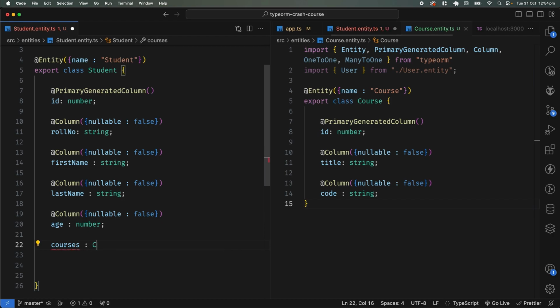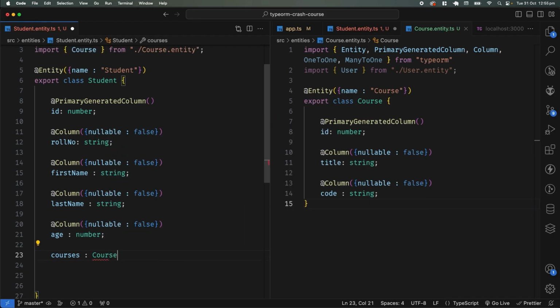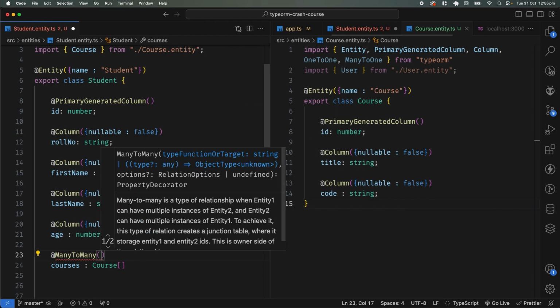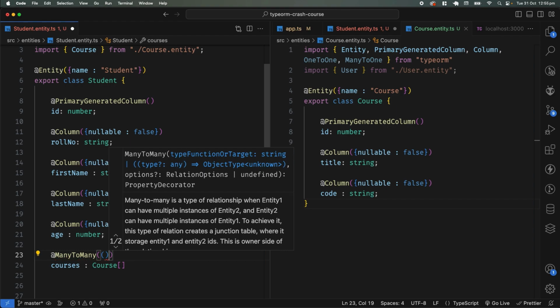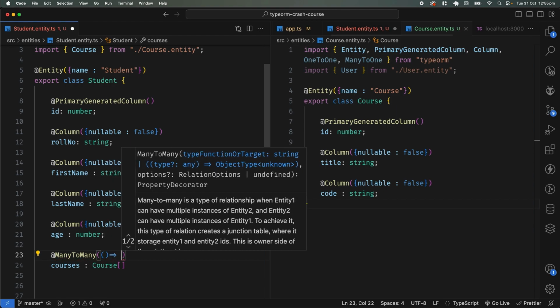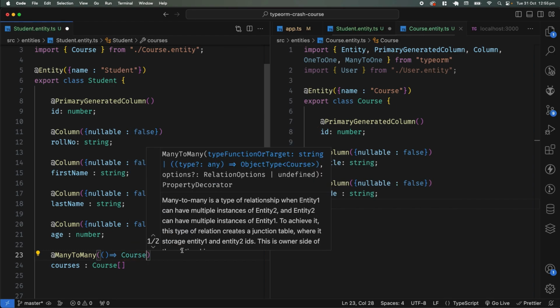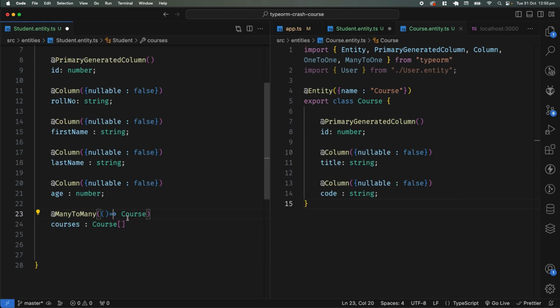So let's say it's the courses attribute right over here, and that will be of type array of courses. For marking it, we can say @ManyToMany, and let's say this is creating a relation with our entity, and that entity is obviously our course entity. Once you define your very first attribute, which is this course entity,